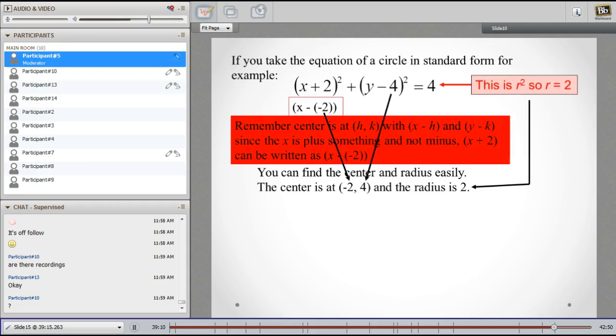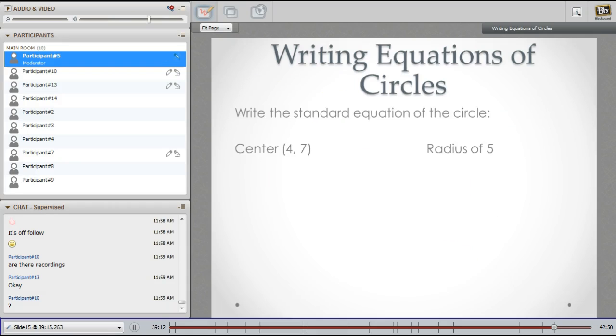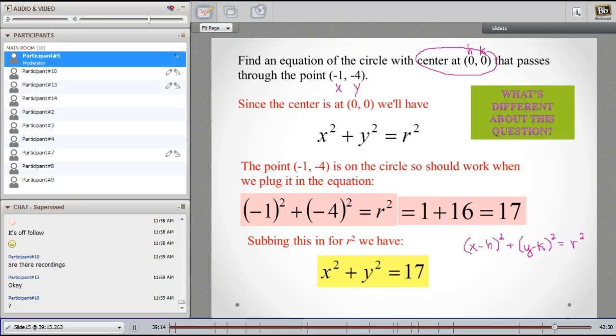So if we go back to this one here, it says that the circle passes through the point -1, 4. So what that means is that you have a circle, and on the edge of that circle you have the point -1, 4. Okay, so you have -1, or -1, -4, sorry. Okay, so right here, your center point is 0,